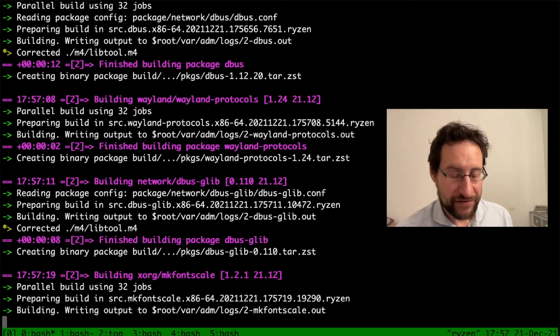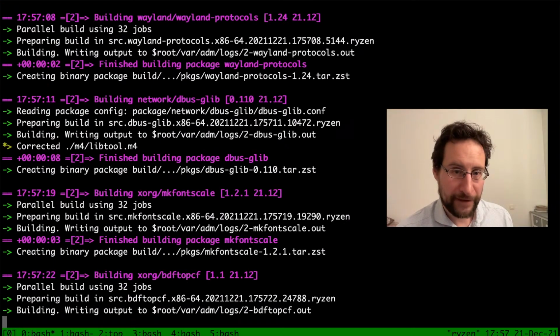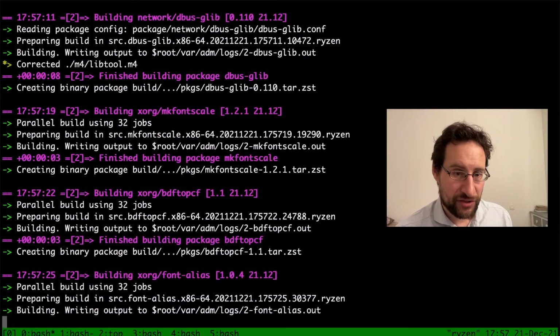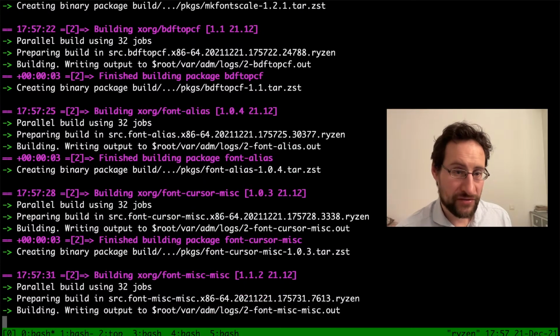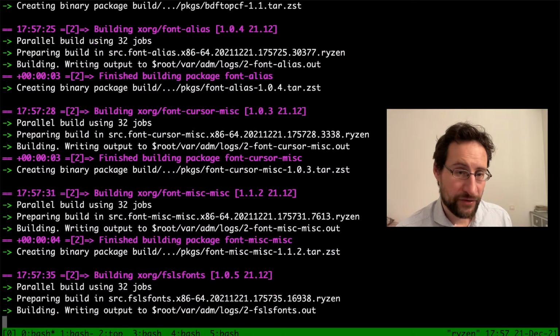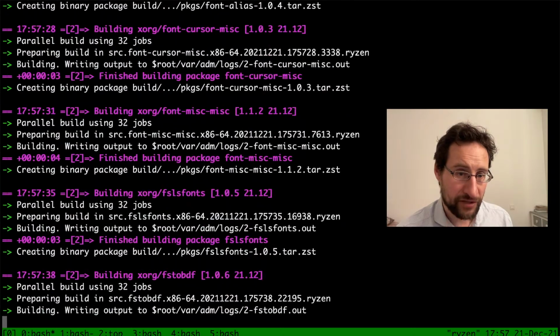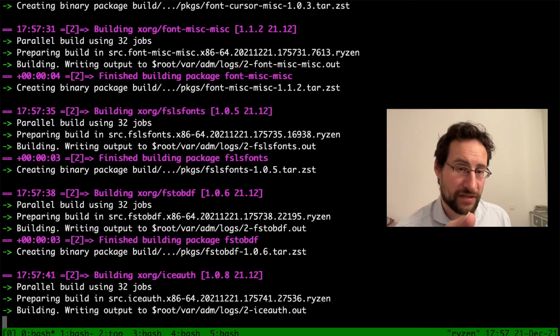Also needed for rare stuff like PulseAudio and PipeWire. Wayland protocols, dbus, glib for the glib bindings for dbus, mkfontscale for those old-fashioned bitmap scale directory stuff, bdftopcf for bitmap font to PCF encoding and utility stuff, font aliases, so basically some miscellaneous font metadata,